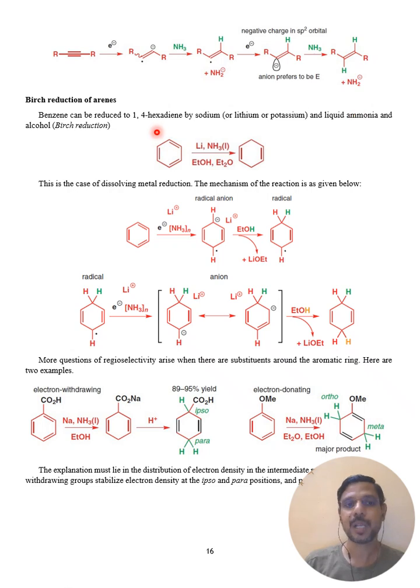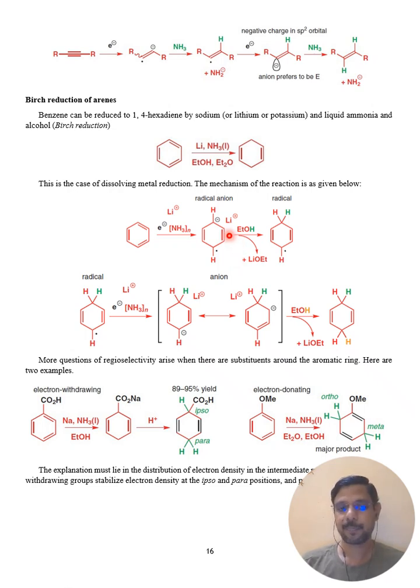Okay. And Birch reduction of arenes. It not only reduces the alkyne, it also reduces the aromatic rings. For example, you can reduce benzene using lithium and liquid ammonia to get the reduced benzene. So how does this reduction happen in the aromatic compounds? It is similar, the same mechanism. First, the metal gives an electron, and that electron goes on any carbon of the benzene, on the pi orbital of the carbon, right? And then it generates, through the resonance structure,